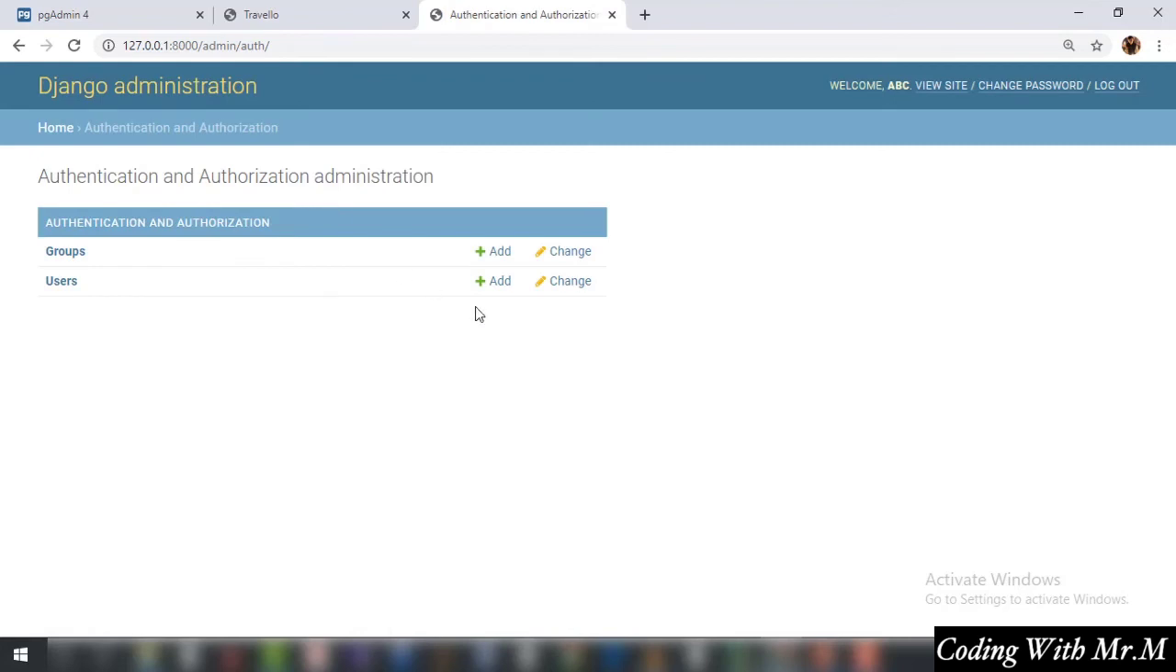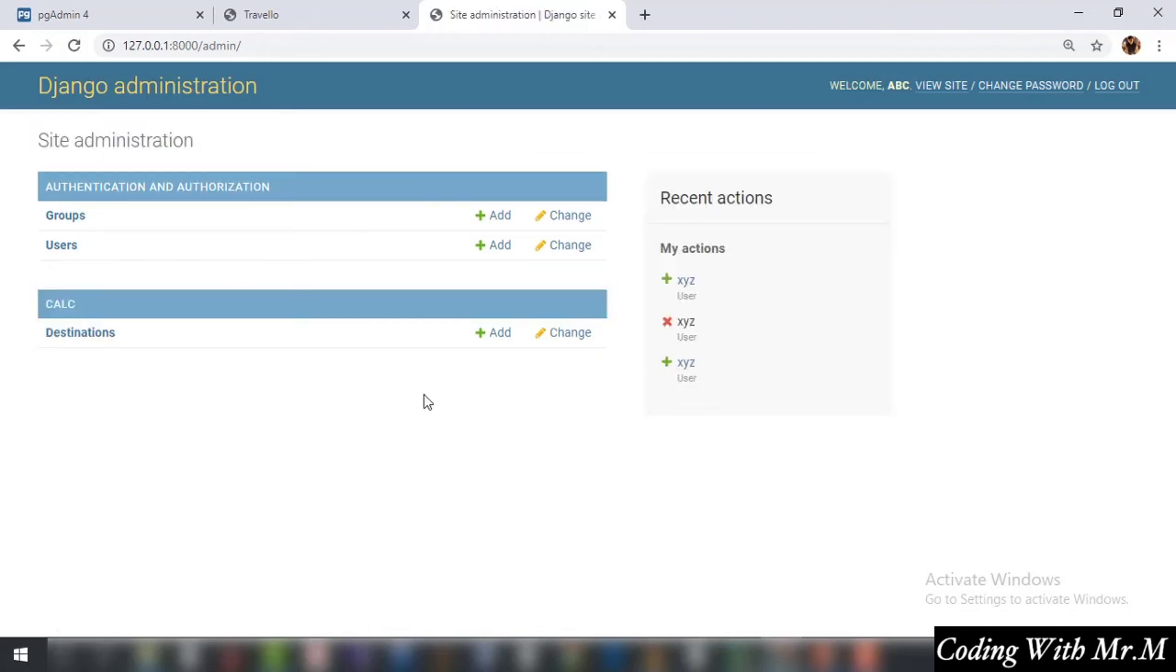Alright, you can see that we have got this. It says welcome ABC view. So we are going to go to the home page, and as you can see, you have got this column over here that says calc and it says destinations. Now since our model destination is registered with this Django admin page, that's why you can see this over here. Now if you just click on it,